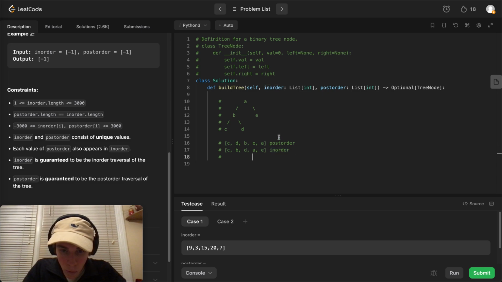Postorder. We're going to pop the first element off the first element popped. We find A. We split the whole array into a left and a right. Then we pop the next element, which is going to be 2. We find where this element is in the in-order search and use the same algorithm to